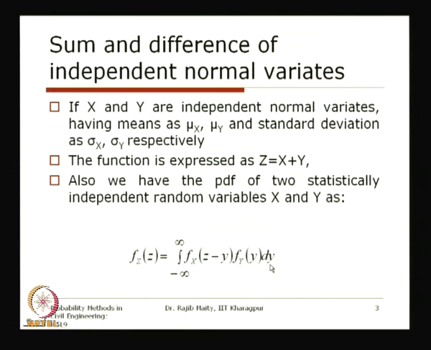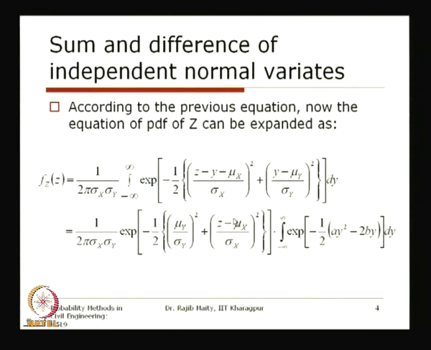Here it is expressed in terms of y. So, this one is z minus y, because you know that this x can be expressed by z minus y from here, and f_Y(y) is indicated with respect to y. So, if we put in this expression what we discussed in the last class, the normal distribution form, which we also know,